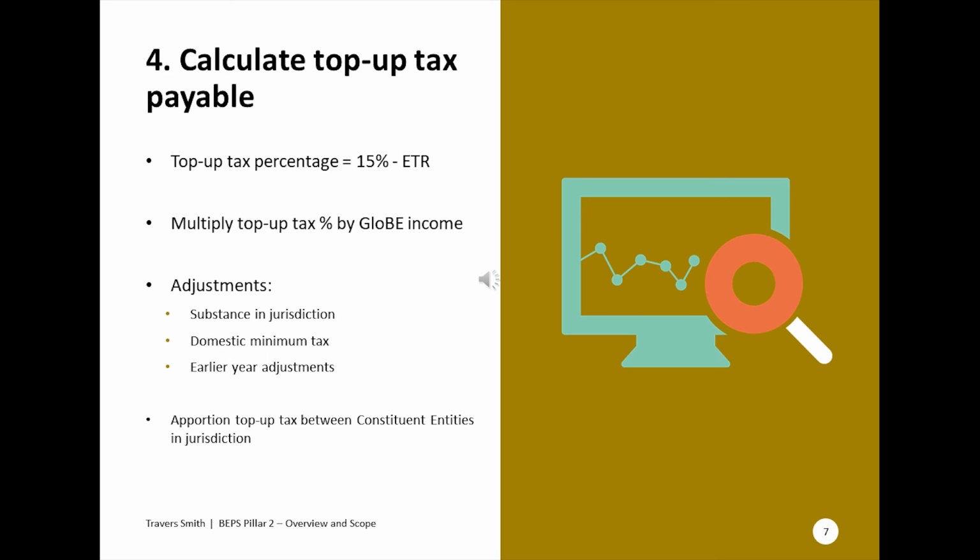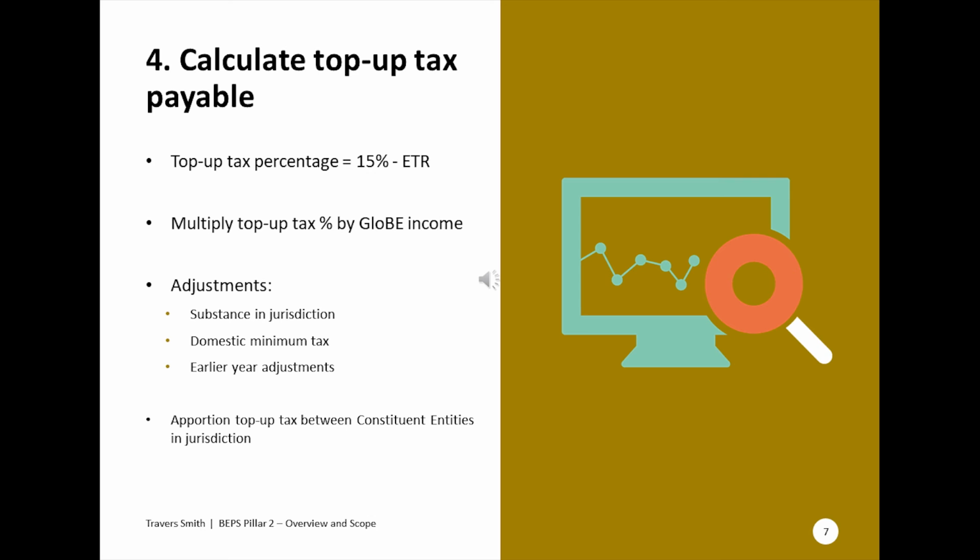The next thing to do is to calculate the top-up tax that's actually payable. And the first step to take here is to calculate the top-up tax percentage. The top-up tax percentage is the 15% minimum tax rate less the effective tax rate that you just calculated. So if the effective tax rate is 12%, then 15% less 12% would give you a top-up tax percentage of